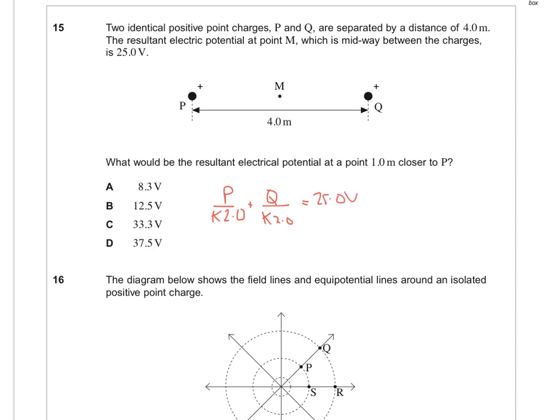But now what we've got is P moved 1 meter closer to P, so K times 1 plus Q K times 3.0. If they're identical, essentially P and Q are the same, so we can write the top line as